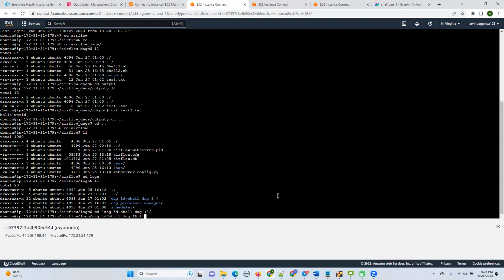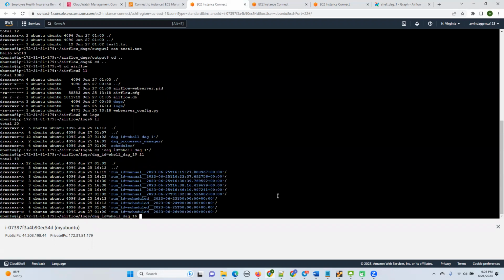So with the name of the DAG, it is creating one folder, and the log is created. The 27th log is this log, this run ID. So for a particular date and time it is scheduled, there is one log run ID. Okay. So if you go to this cd